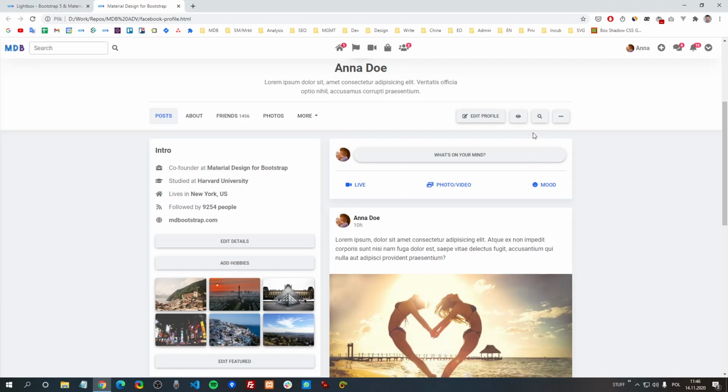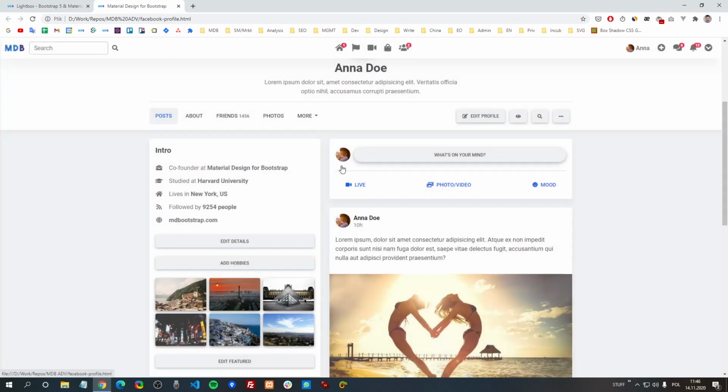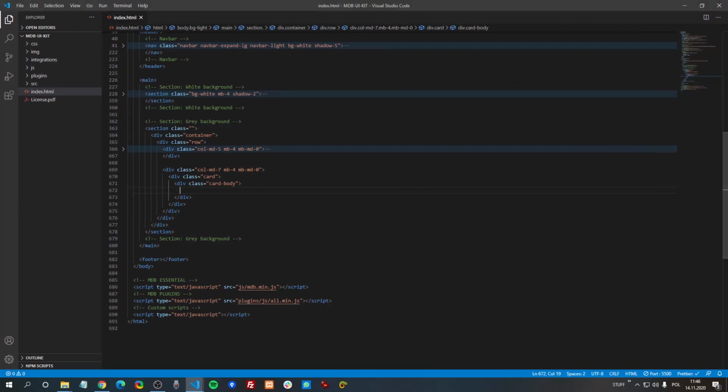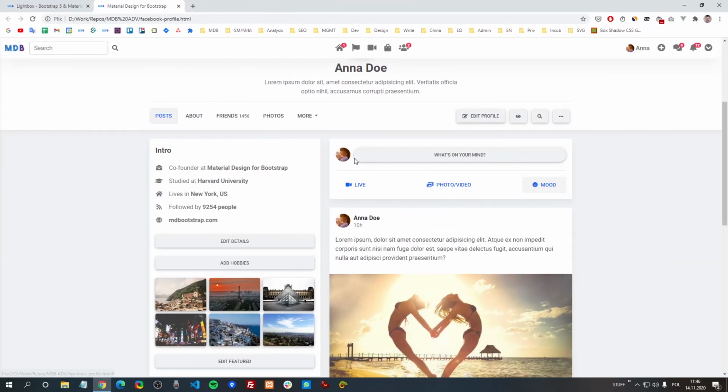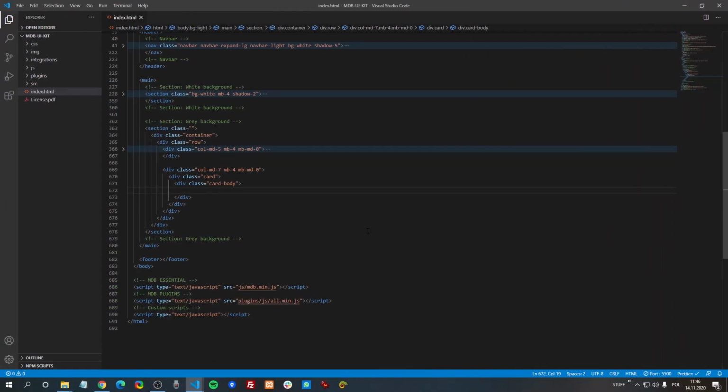And what do we have here? Here's a button with modal, an avatar and few buttons. So let's copy this graphic